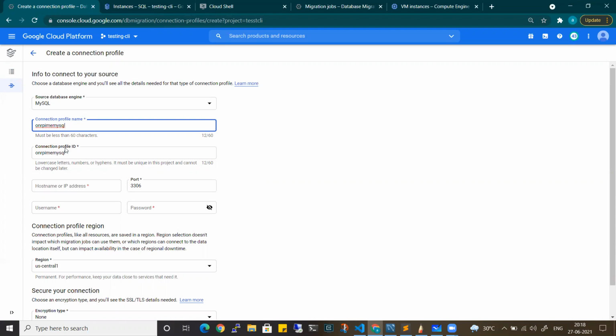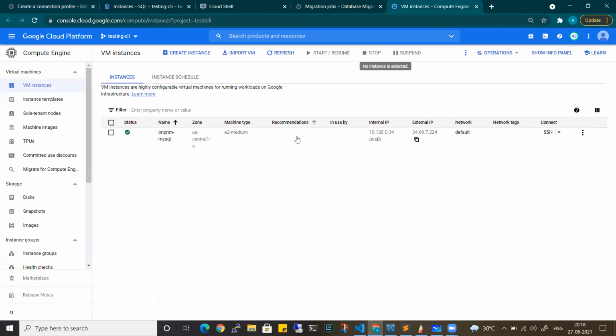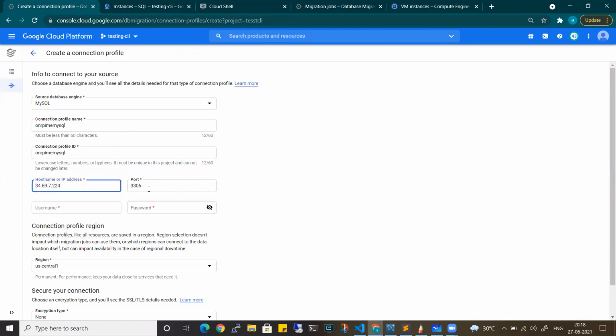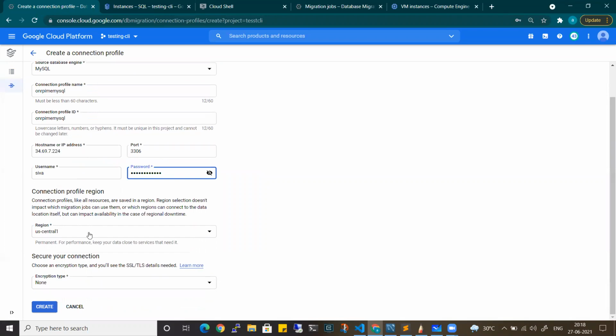And the connection profile ID will be the same. My host IP address is the IP address of my instance, where exactly my MySQL is hosted. 3306 is the port MySQL listens on, and the username is Shiva, and the password which we have created in our on-prem MySQL database. Okay, and let it be created in the US Central region. And as of now, I'm going with the encryption type as none. It's up to you if you want to choose any sort of encryption method or mechanism, then you can create accordingly. Let me create a connection profile,